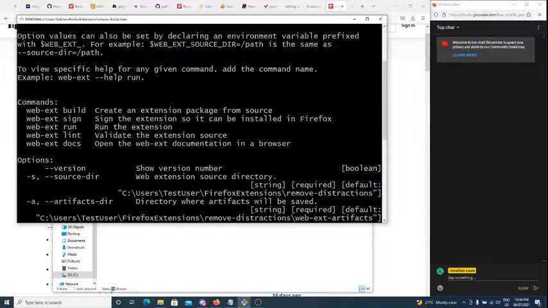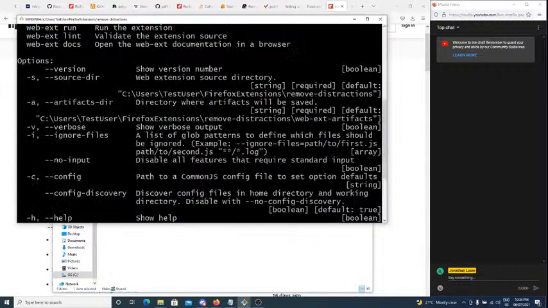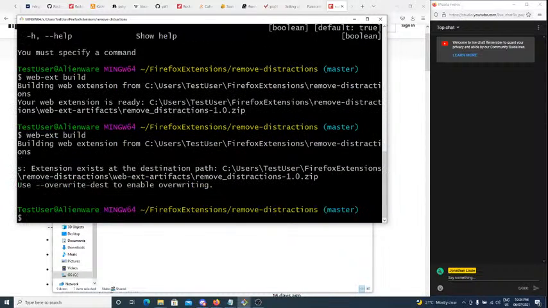I think there's also an override option if you try to rebuild again. Let me do it again just to show you. You can also have this --overwrite-dest flag at the end, so you could do webx build --overwrite-dest to overwrite the existing build. But I'm not going to do that because I haven't made any changes. If you do make changes to your code, then you want to add that. Excuse me. We got some hiccups today, so hopefully they don't come back and bite me right now.